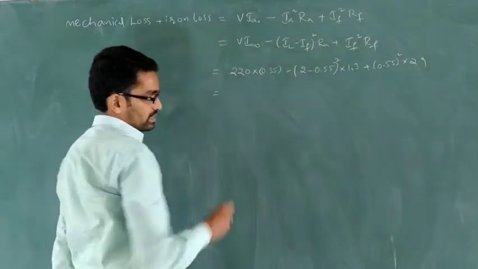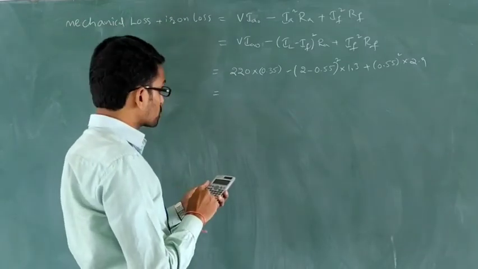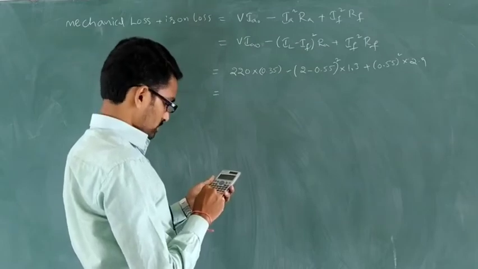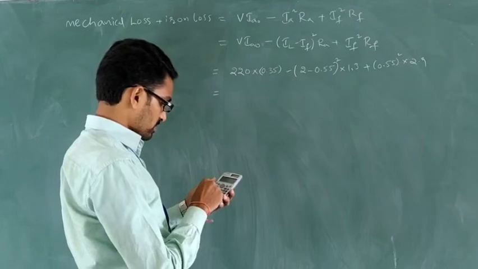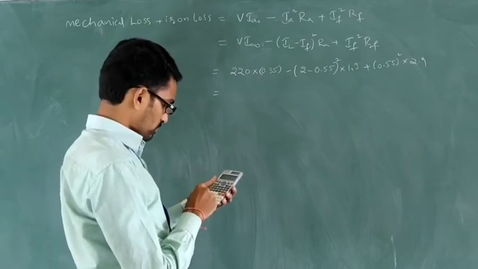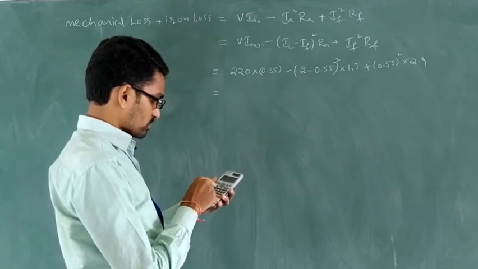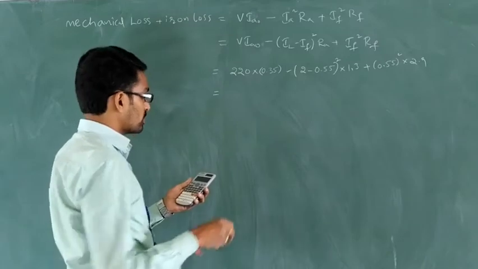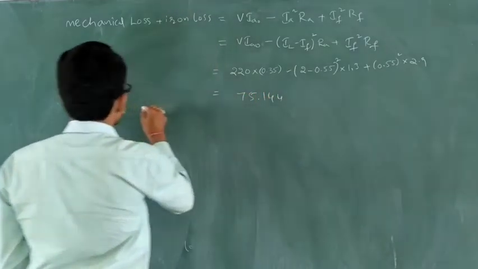So if I calculate these values, 220 into 0.35 minus 2 minus 0.55 whole square into 1.3 plus 0.55 square into 2.9, it is 75.144, a